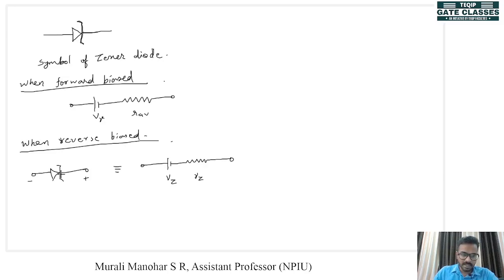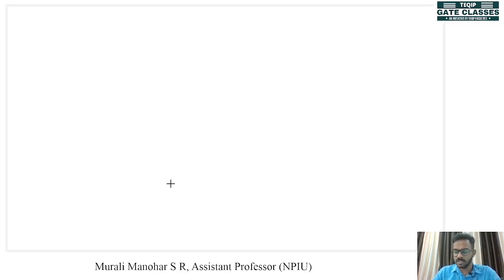When you look at it, we can see that the cathode of Zener is positive, so this is actually the cathode and this is the anode. Now if we want to use Zener in a circuit in its reverse bias condition, there are some conditions to be satisfied so that the Zener is turned on in the reverse bias condition. Those conditions for Zener diode operation, or turning on of a Zener diode, are: